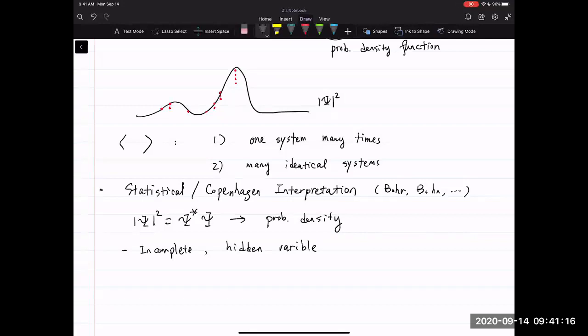So for instance, look at these drawings above. The wave function squared gives us the probability of finding this particle. Of course, if you measure where the particle is, you end up getting one point, so it is one particle at a definite location. The problem is if you measure that again, or repeat the measurement multiple times, we don't always get the same value. So this idea of incompleteness or hidden variable says that the reason we don't get the particle at the same place